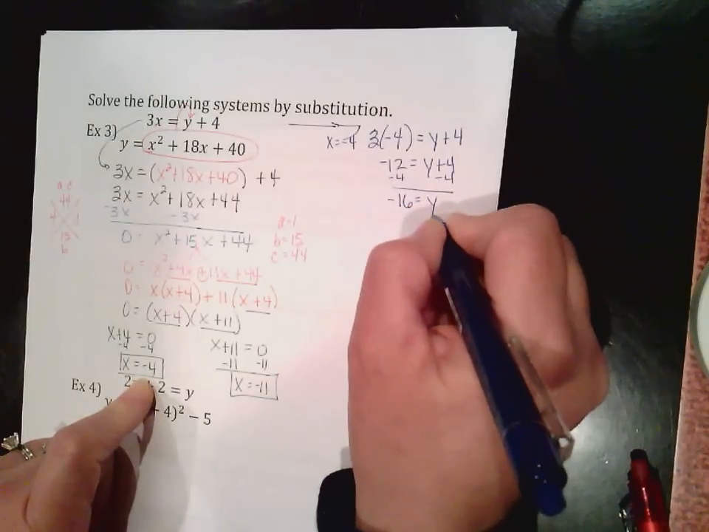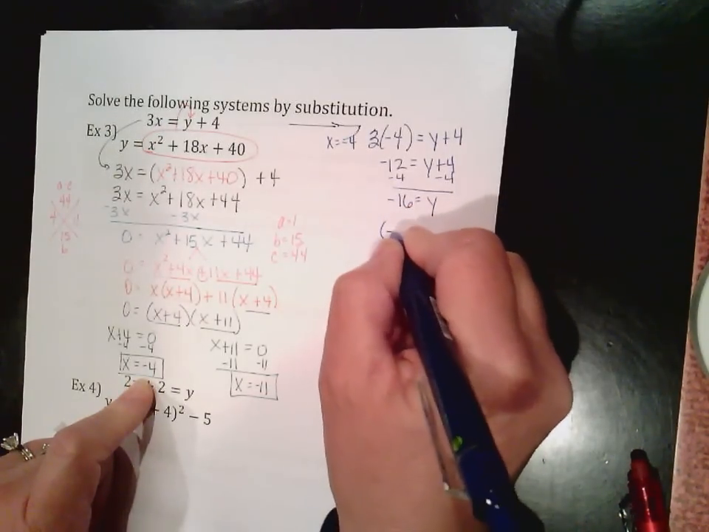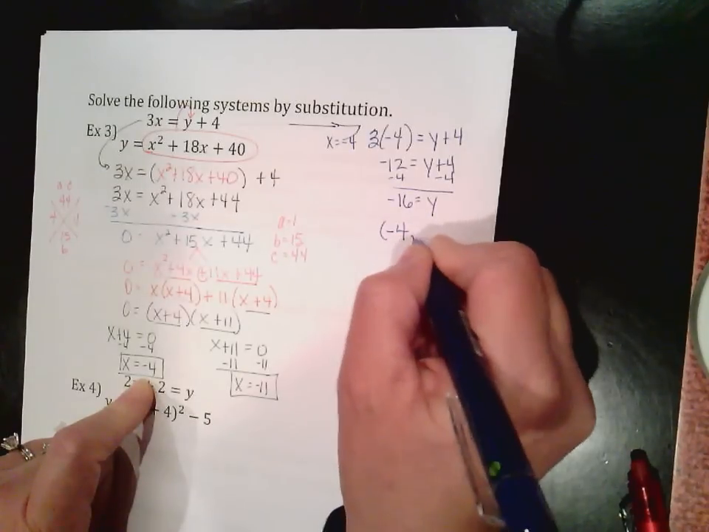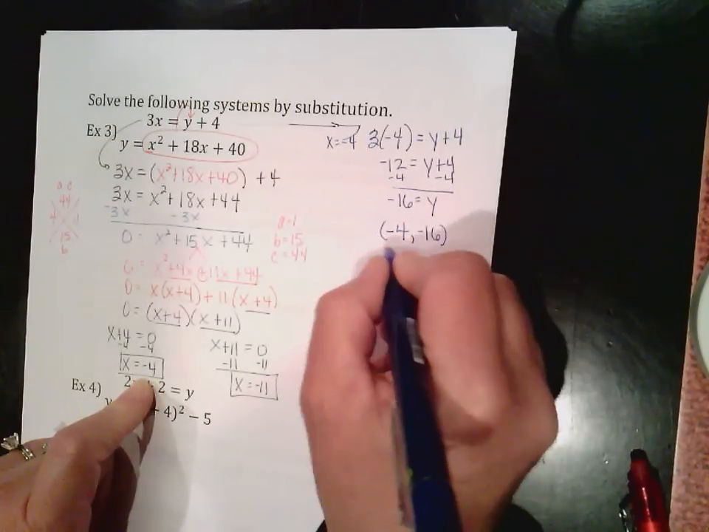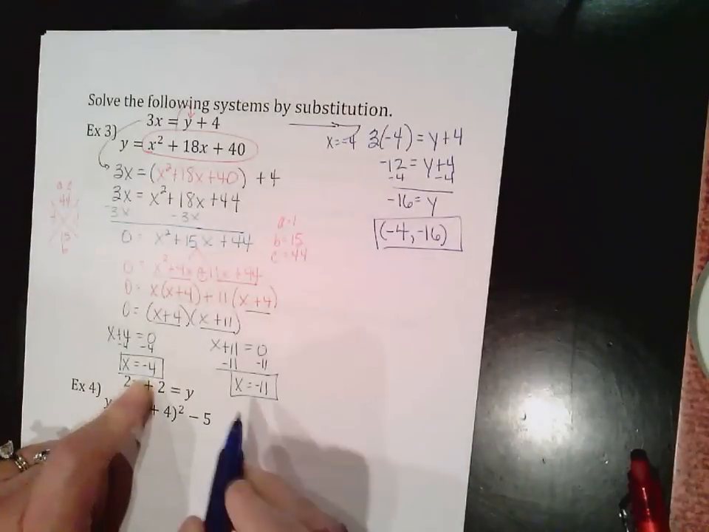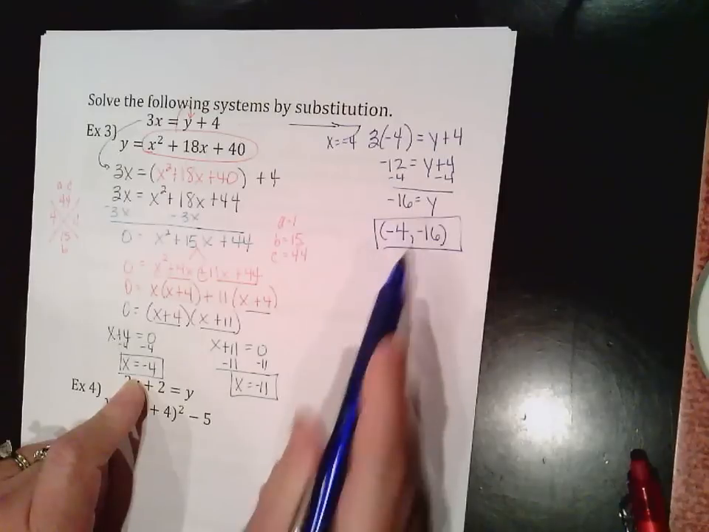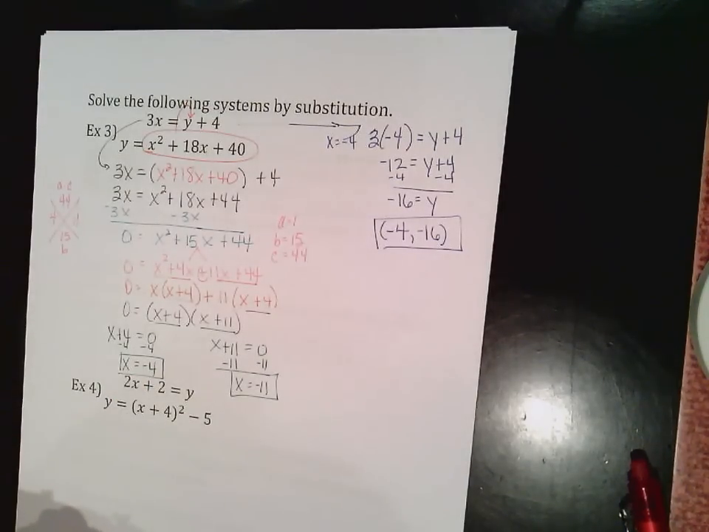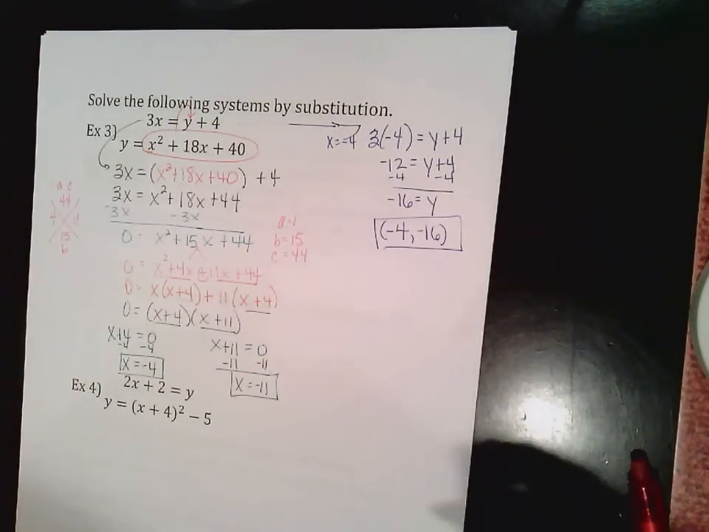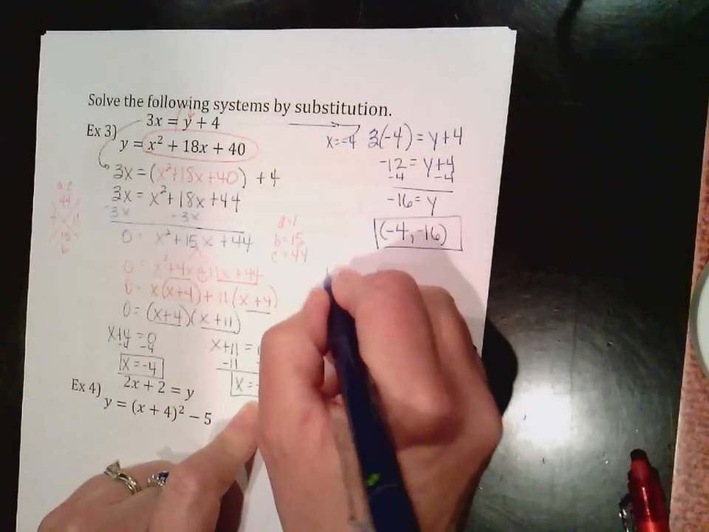And y is negative 16. So this solution is when x is negative 4, my y is negative 16. That's a solution. This is solving for x, to find my x values, but each of these x values is going to have an ordered pair that goes with it. So now I'm going to take the negative 11 and plug it in. So when x is negative 11,